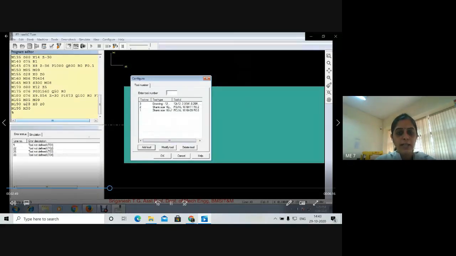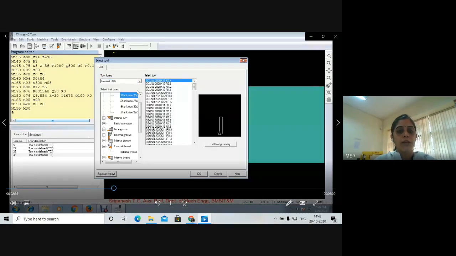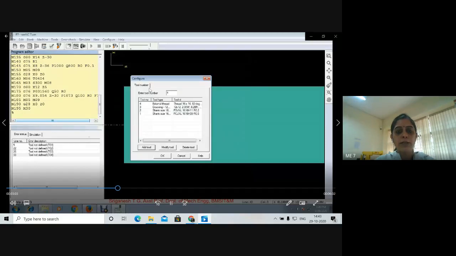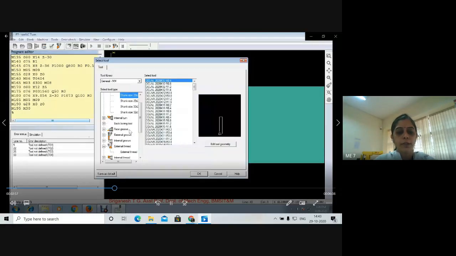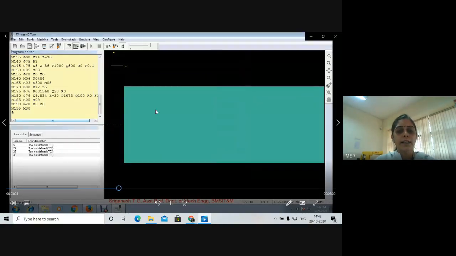Then the last, tool number 4, you select for thread cutting. Before that, always see that you are taking the proper metric unit library, because we are using metric units. You have to opt for external thread cutting, since you are not doing internal thread cutting. The tool will be selected. Now everything is set. If you need, you can save once again.